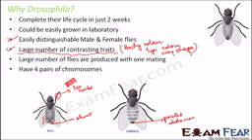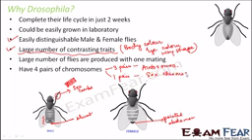If you talk about human cells, we have 46 chromosomes, so 23 pairs of chromosomes. If somebody wants to experiment with human beings, it becomes a tedious job, because there are 23 pairs of chromosomes and you need to study what's happening in each of them. But in this case, they just have 4 pairs of chromosomes, and out of these 4 pairs, 3 pairs are autosomes, the chromosomes which control the somatic traits, that is the traits of the body cells, and the last pair, the 4th pair, is the sex chromosome.